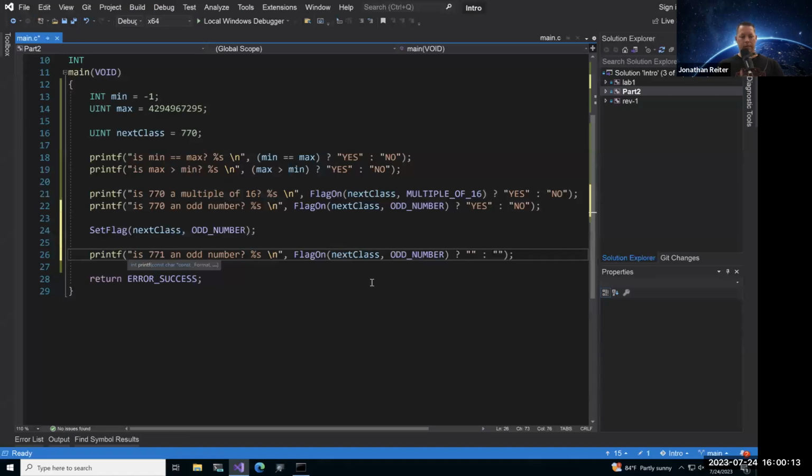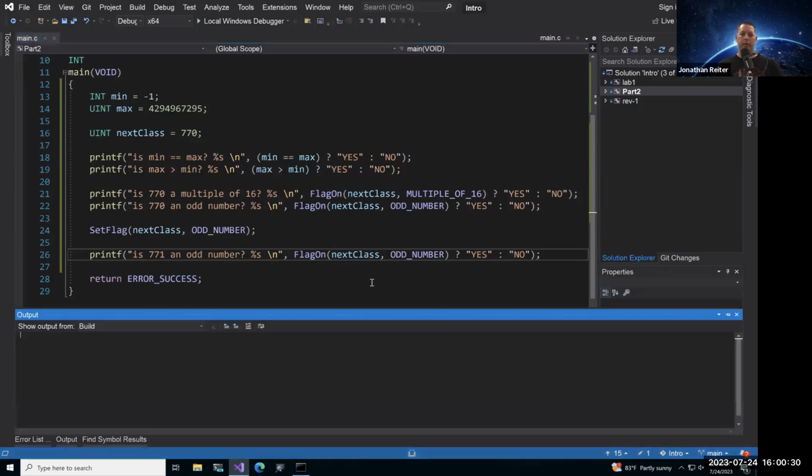If that's true, we'll say yes, it is odd. Otherwise, we'll say no. Okay. So I'll save this and build it.